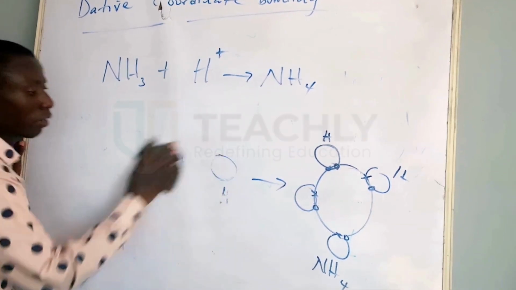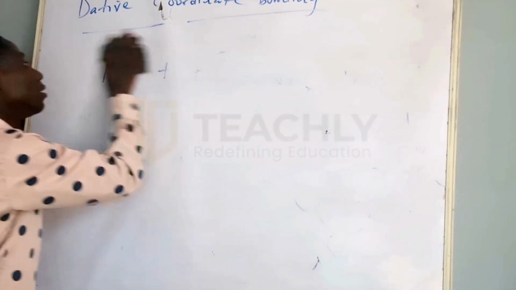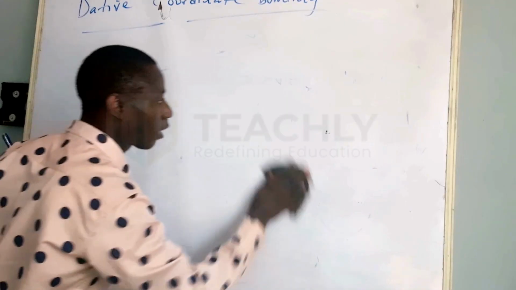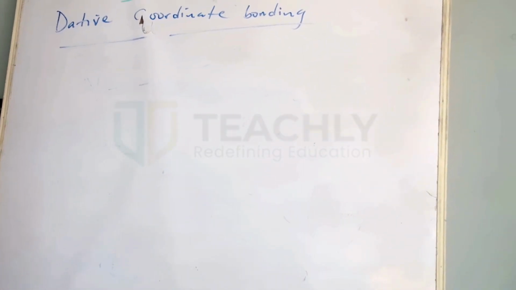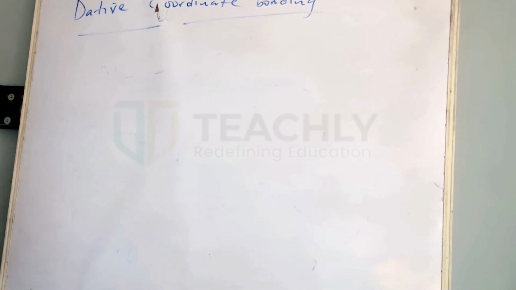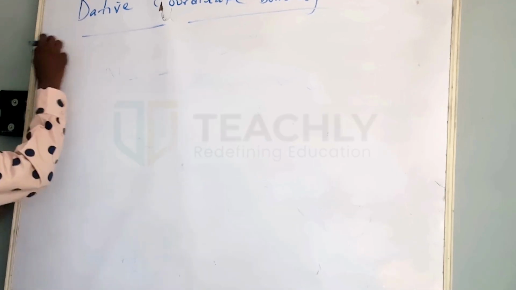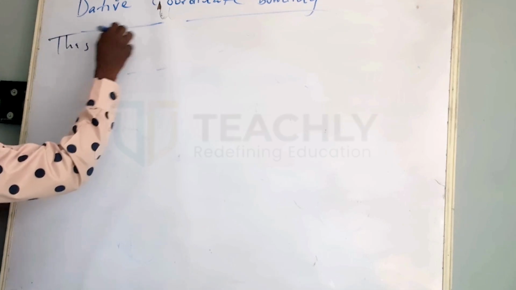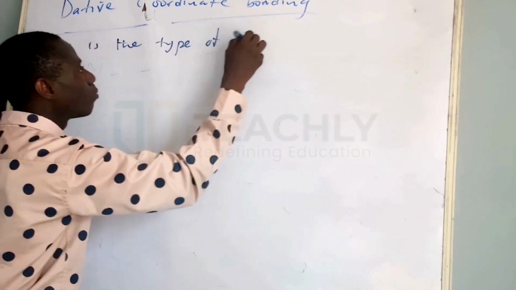In an exam, you can be asked to identify the types of chemical bonding. If you are given a particular question, what you can do is just look at how that bond is being formed. So in coordinate bonding, let's write something. This is the type of chemical bonding